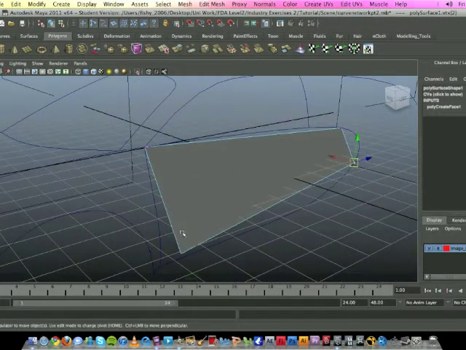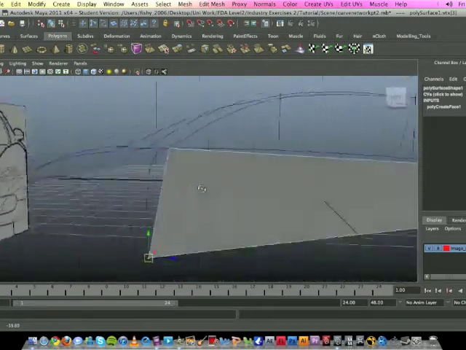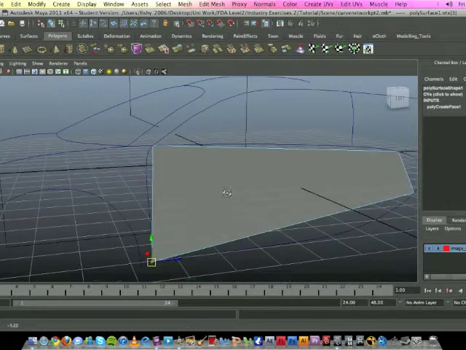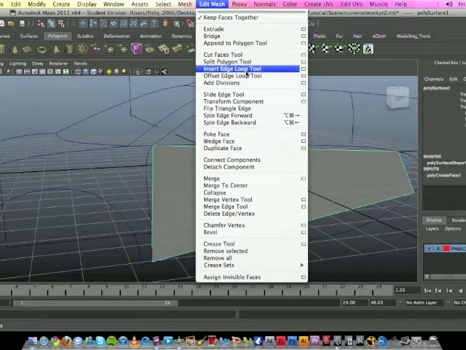Snap, hold C, and snap. Now you can see it's in a bit better position, but it's still not taking on the full shape of the door, and that is just because there's not enough verts in the shape to mould that poly. So we're going to go into edit mesh this time and use the insert edge loop tool,